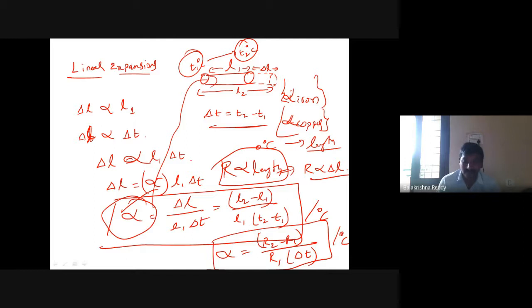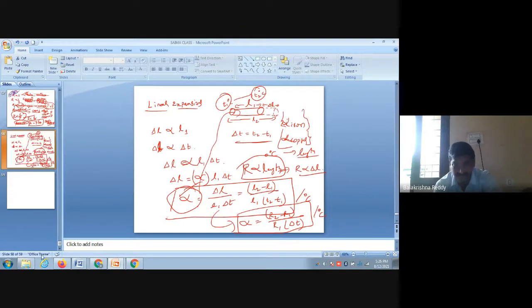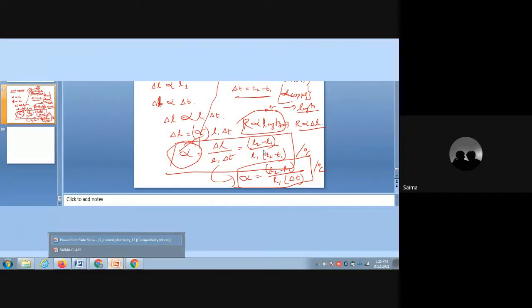So this is the linear coefficient of expansion in the case of normal solids. With respect to that same linear coefficient of expansion, the temperature coefficient we talk about here depends on the resistance. Now if we go back to our topic, we see how we get the affecting factors of resistance with respect to temperature.